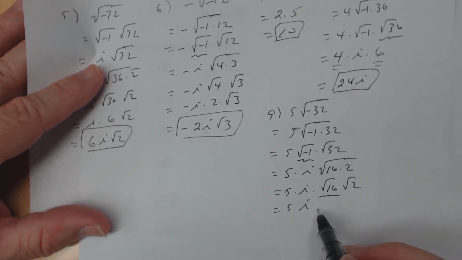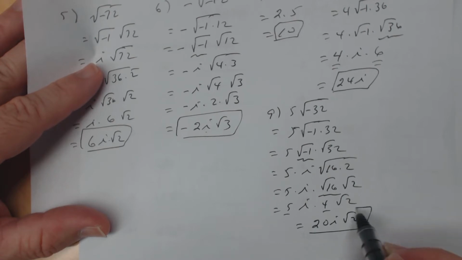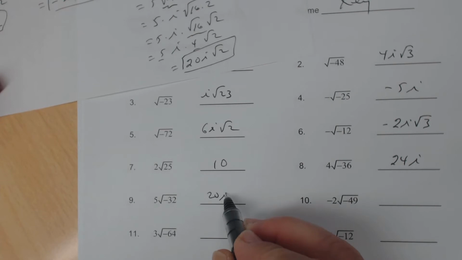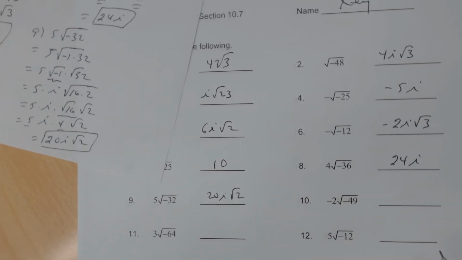And you can skip some of these steps. Times 4 square root of 2, and so 5 times 4 is 20. So I get 20i square root of 2. So that's the answer for number 9. So 20i square root of 2. All right, number